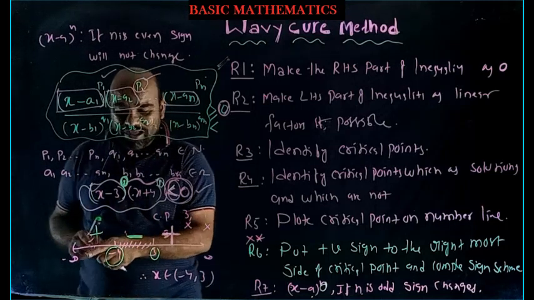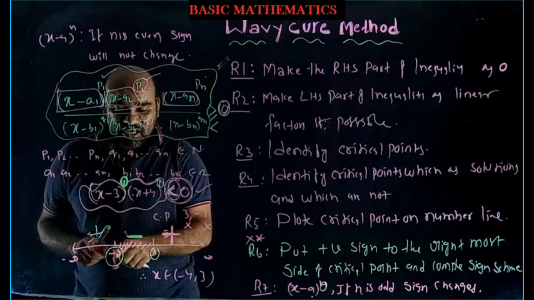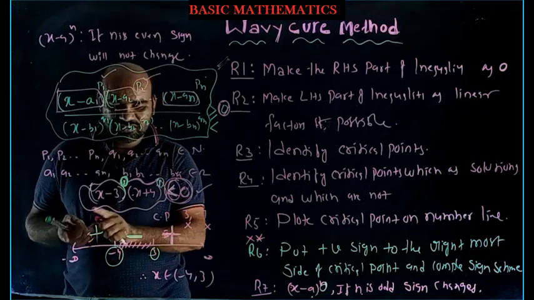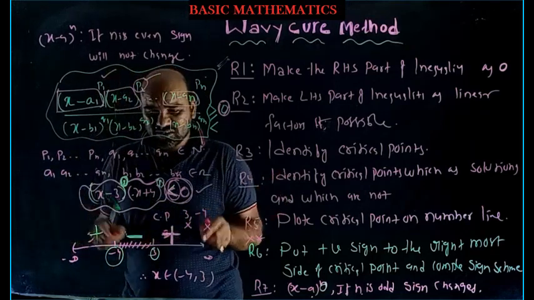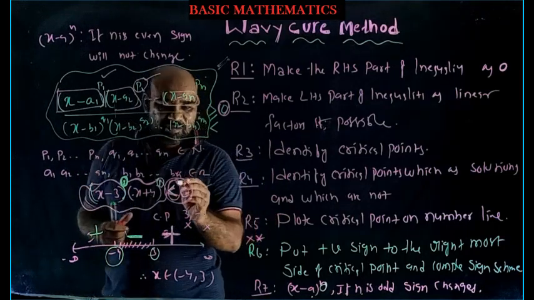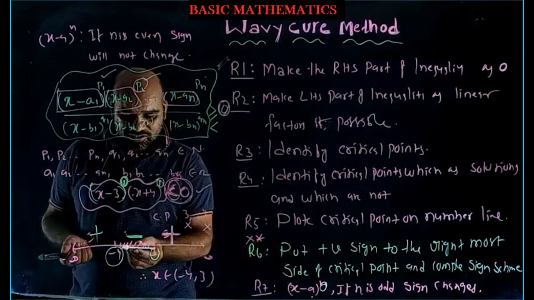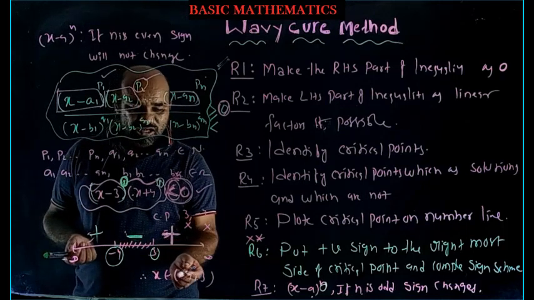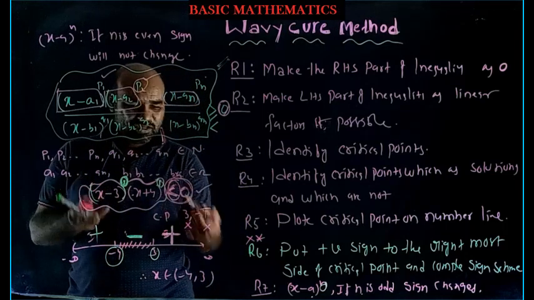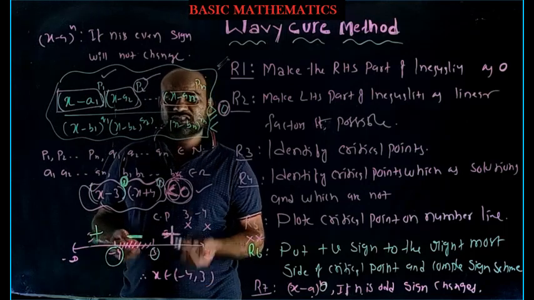For the values of x less than minus 4, the sign of the expression depends upon the exponent of x plus 4. If the exponent is odd, the sign will change. Now plus, minus, plus. After this, we want to find the area of the real number line, depending upon whether you want the negative or positive symbol. Less than 0 means negative symbols, which is minus 4 to 3 only. Therefore, x belongs to the open interval minus 4 to 3, because minus 4 won't satisfy and 3 won't satisfy, as verified initially. So x belongs to minus 4 to 3 is the solution of the problem.